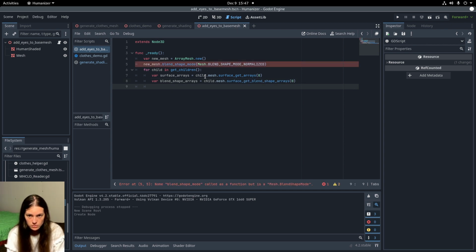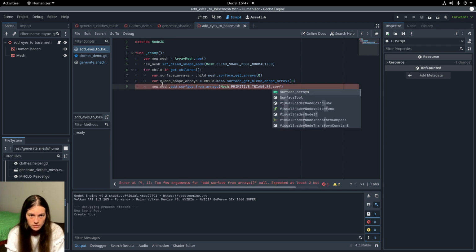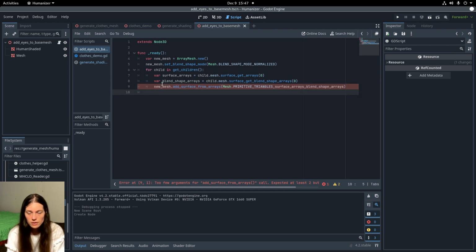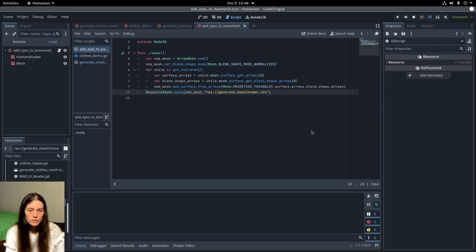and then I'll want to set the new mesh dot add surface from arrays using triangles, and I'll pass the surface arrays and blend shape arrays, and then I'll want to use the resource saver to save the new mesh as human.resource. So now if I run this,